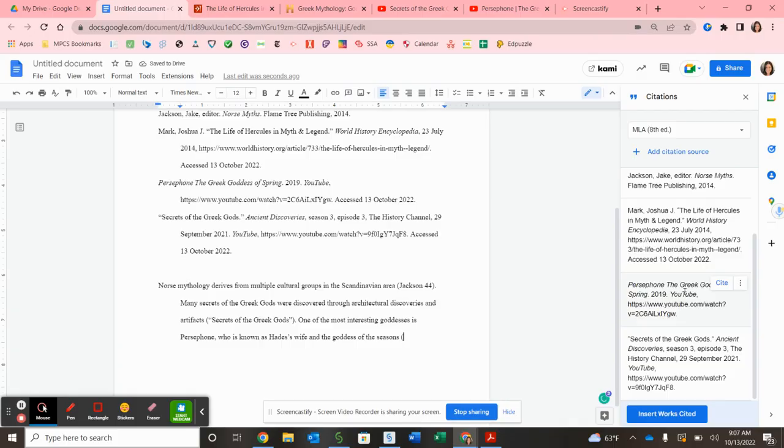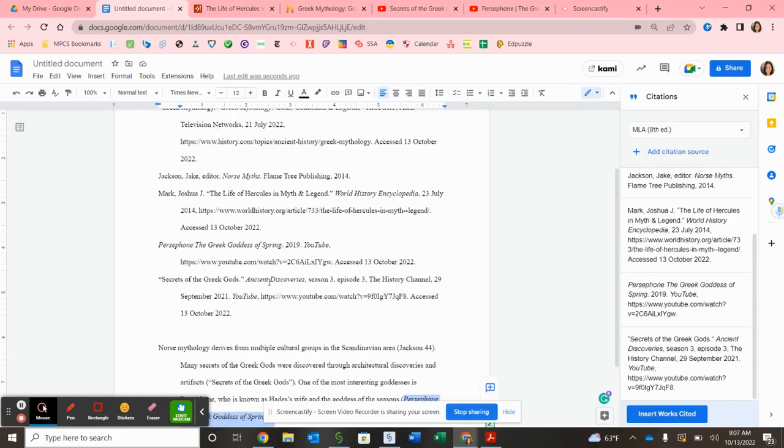So I'm going to come right over here. I'm going to hit cite, period. Oops, I accidentally started this citation, so I'm going to go ahead and delete that so I don't have this awkward formatting. Now, all three of my in-text citations, 1, 2, 3, they perfectly match the sources on the works